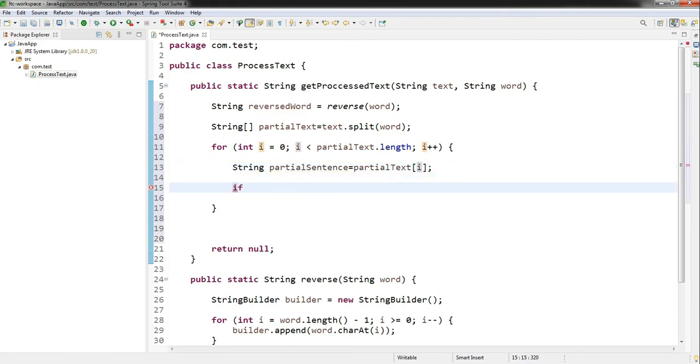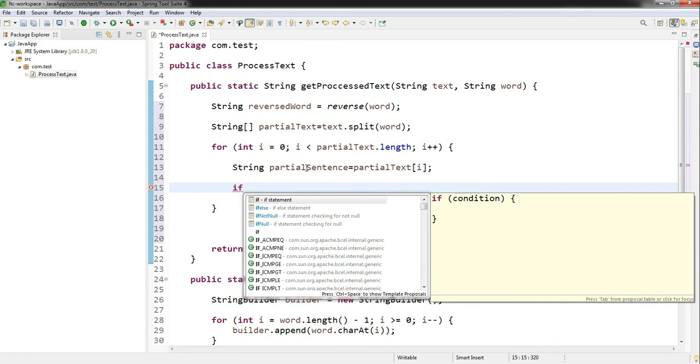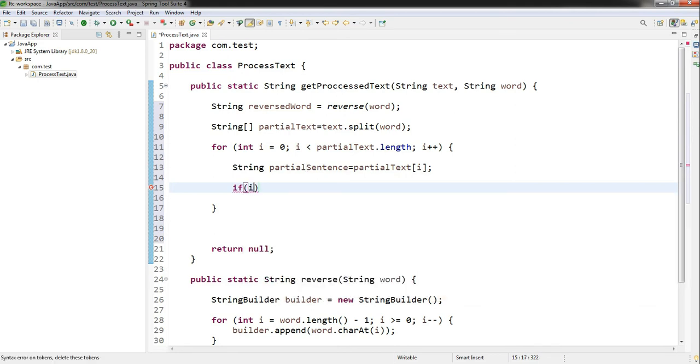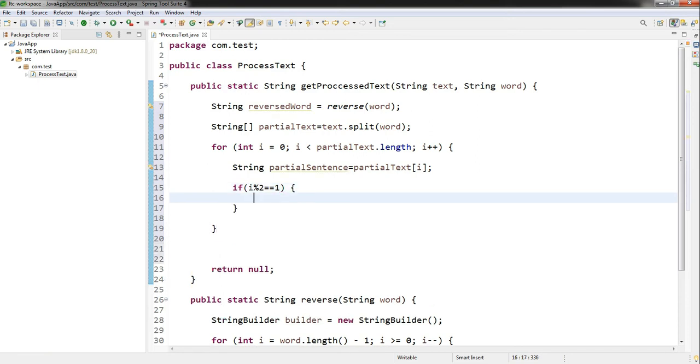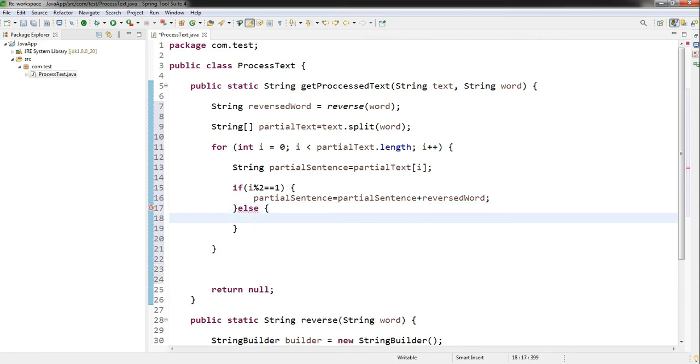Then if i % 2 == 1, then partialSentence equals partialSentence plus reversedWord. Else, partialSentence equals partialSentence plus word.